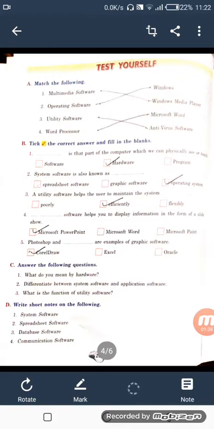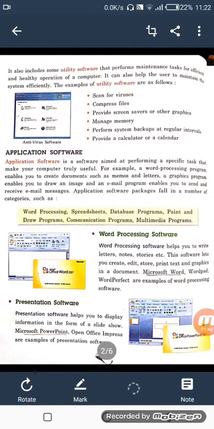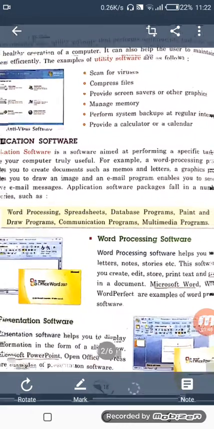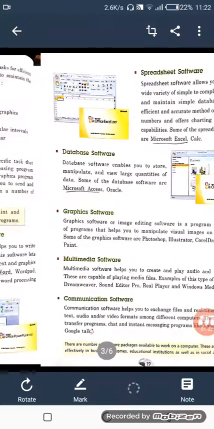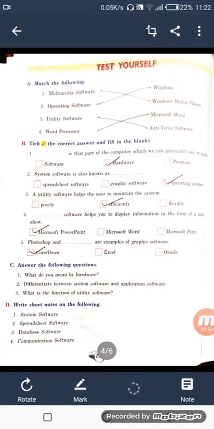I told you utility software is for the maintenance of the system, and it works to scan for viruses, compress files and so on. So it scans for viruses, so it is antivirus software. So match it.